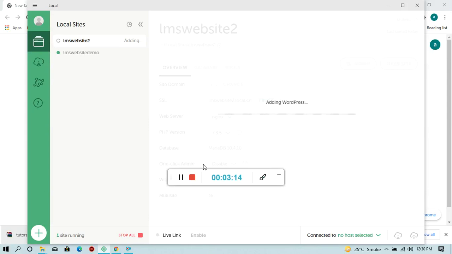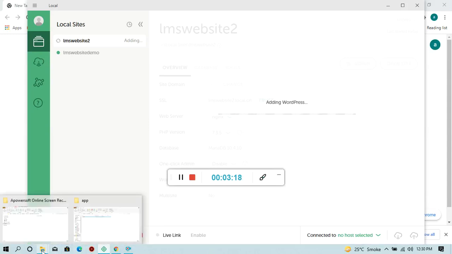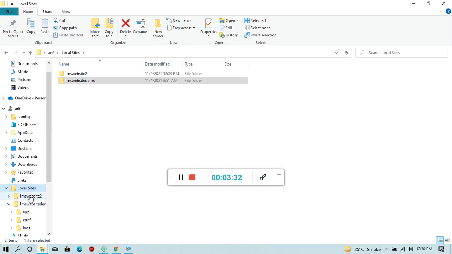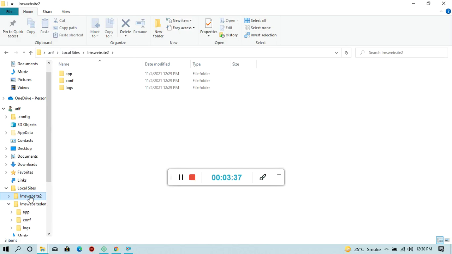Now WordPress is installing in my drive. And where is my folder in the drive? You can see Arif, Local site, LMS demo, and the app. So where do we have to go? Local site, and I put the folder name, that is LMS website 2, right?